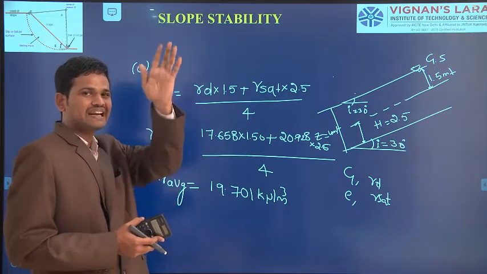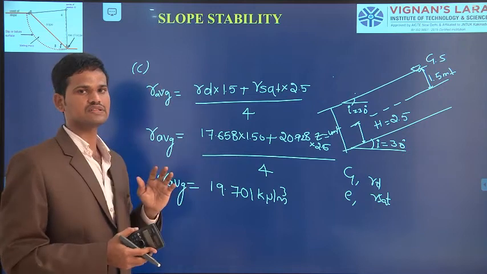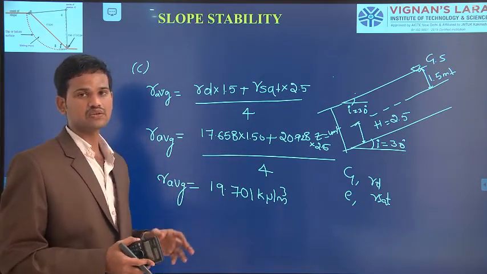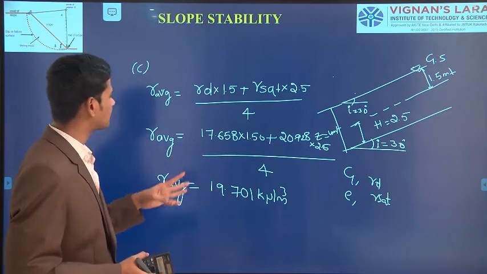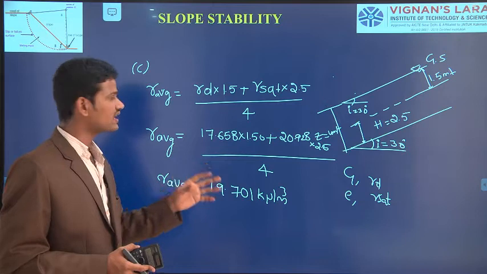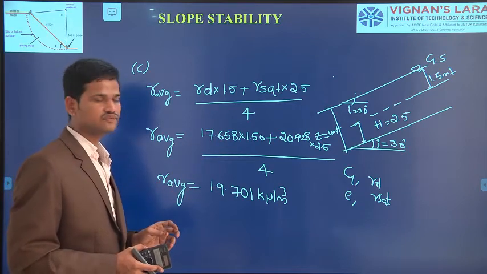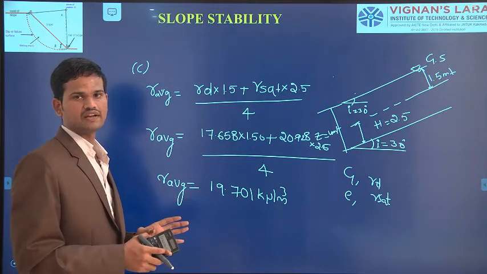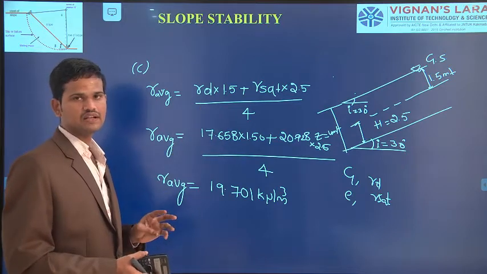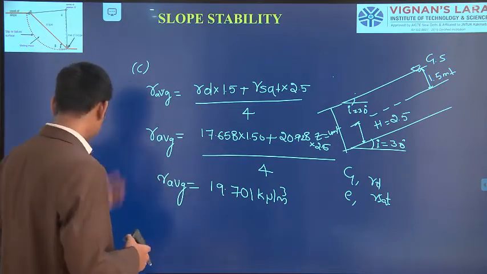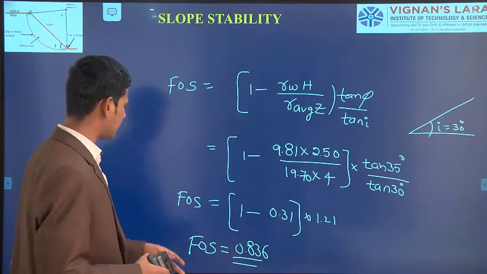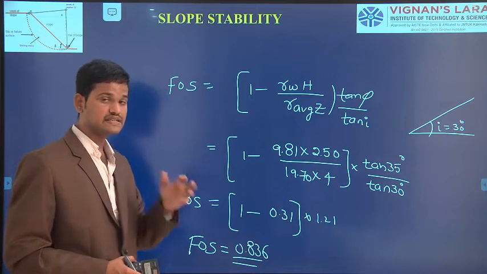That means water entering and it reaches the ground surface. In those conditions, what is the safe angle of inclination we have calculated. And in the third condition, they asked to calculate the factor of safety when the water table is at a depth of 2.5 meters from the slip plane, or 1.5 meters at the depth of the top of the ground surface. By substituting all these parameters, we got the factor of safety of the soil mass as 0.836.